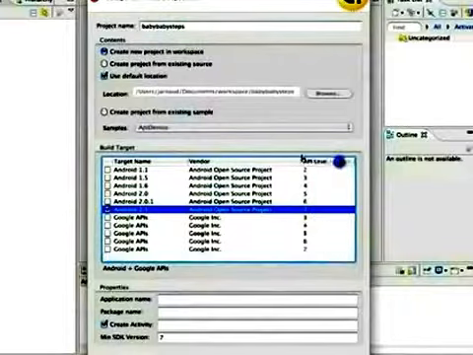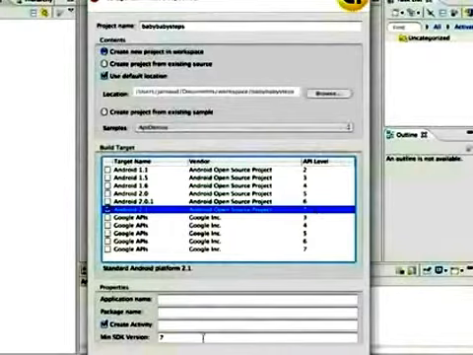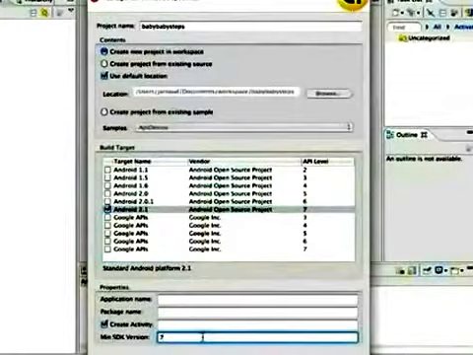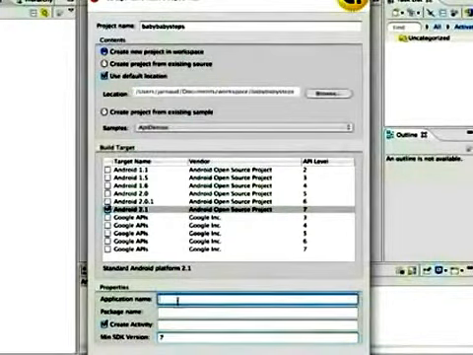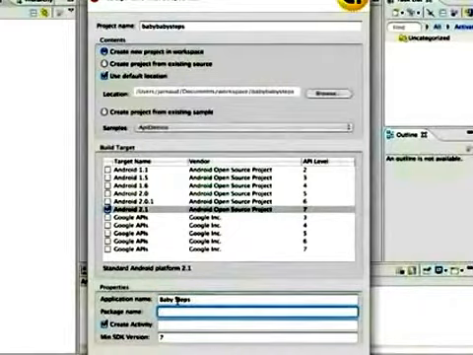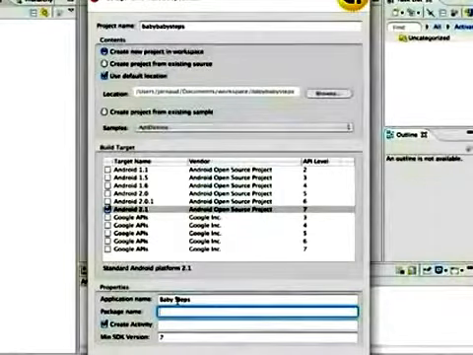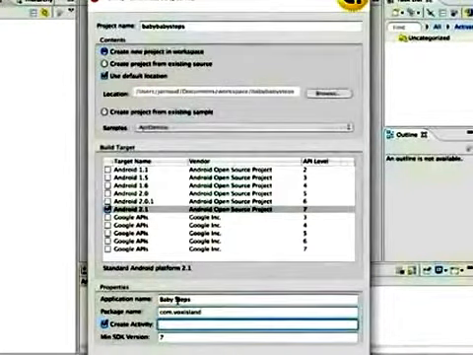This project will be created in my workspace. It's my sandbox, my developer sandbox, in the default location. That's fine. And now I'm going to choose a build target. So it will define on which target, which device I'm going to develop and test my application. Android 2.1 for me, and it's API level 7. You can see here that the minimum SDK version to run my application will be SDK version 7. Application name,